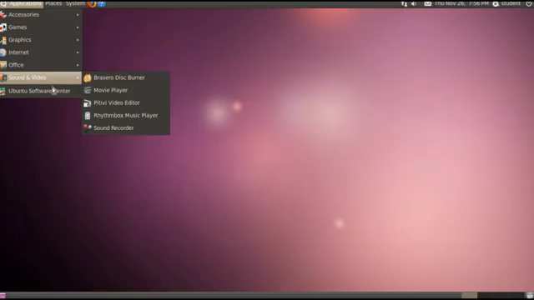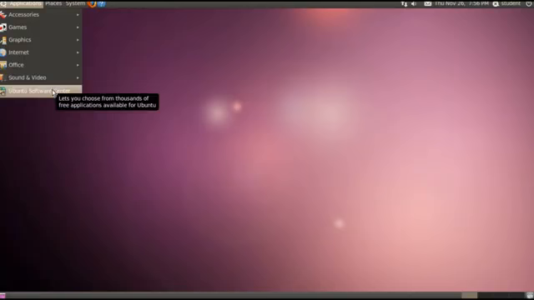And the last thing here is Ubuntu Software Center. If you are not satisfied with the built-in applications provided there, there are tens of thousands of applications, most of them free but some paid as well, which you can download from the software repository hosted and maintained by Canonical Limited. It's a partner and affiliates the